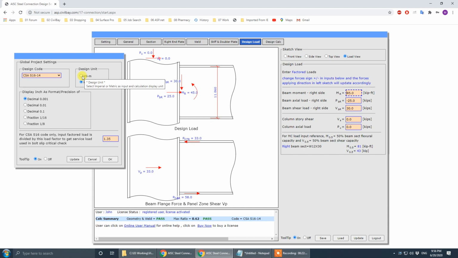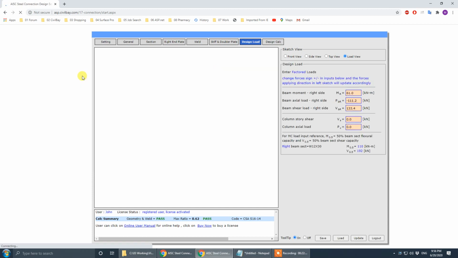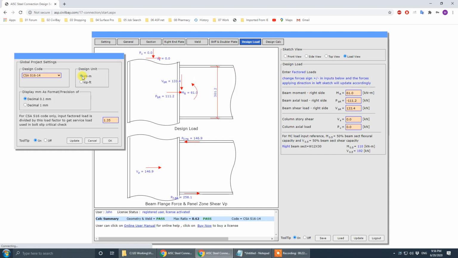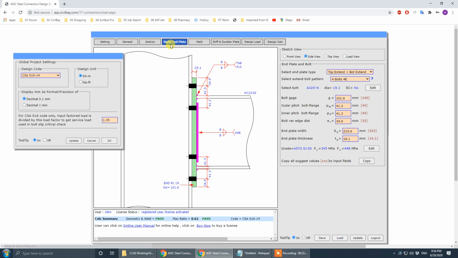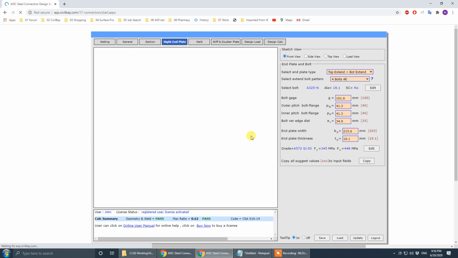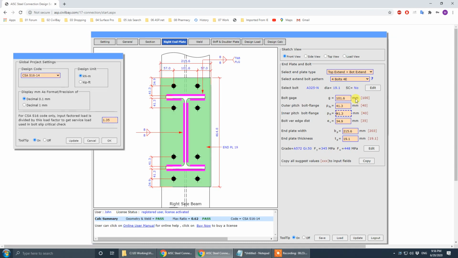I can change to kilonewton meter, which is metric. Okay, so now you see this load change to kilonewton meter, and go to this end plate. It's shown as front view. Okay, front view is shown as a millimeter here. Okay, so here the gauge